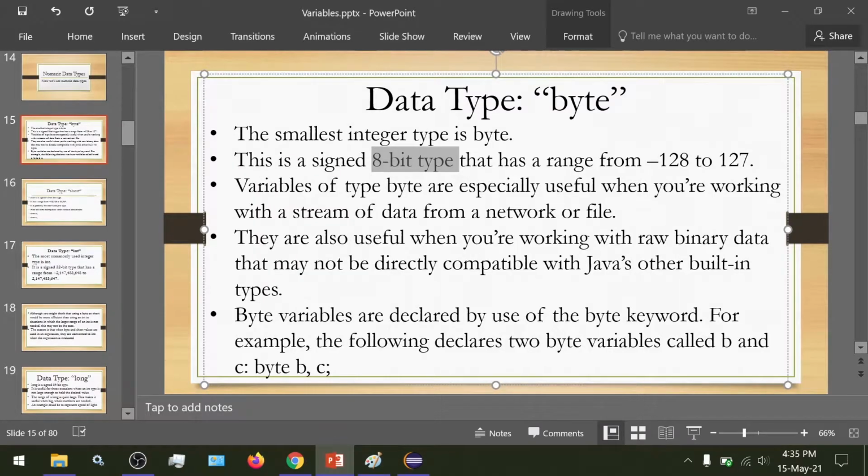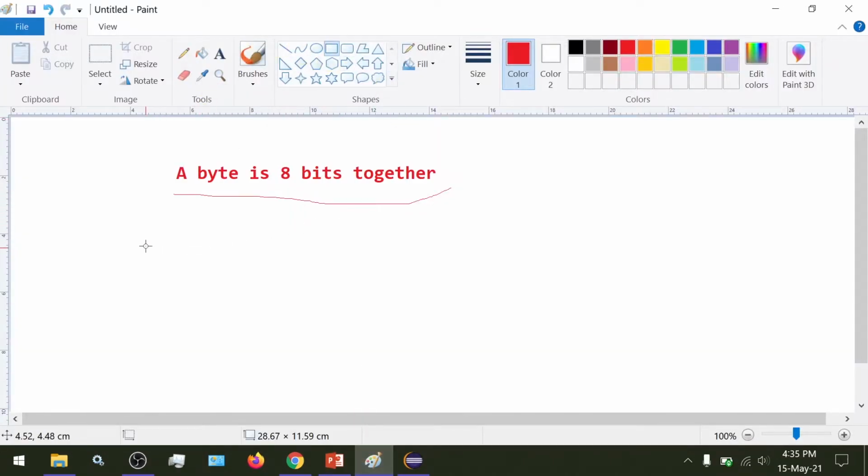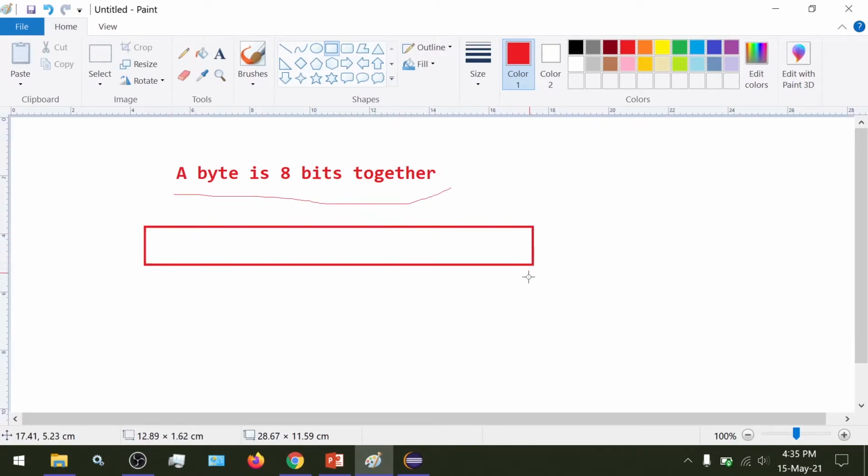So we have byte as a representation of numeric data. In 8 bits, just as I said, any number gets converted into a sequence of zeros and ones.